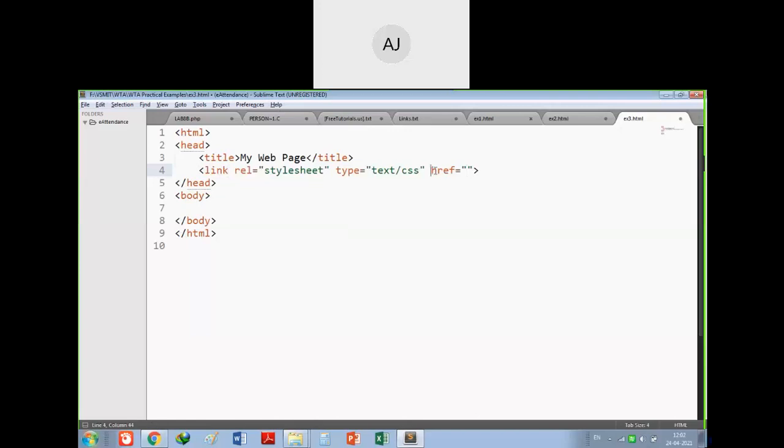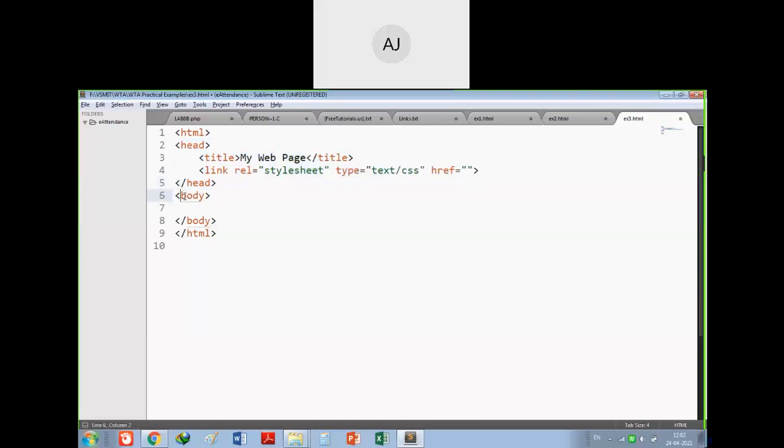You just specify the hyper reference, then the relation is stylesheet, which is CSS, then the type is text format. Many things are there, we will not use them right now. So the head section is used for including the external files or giving tab names or some extra things you want to add in your program.